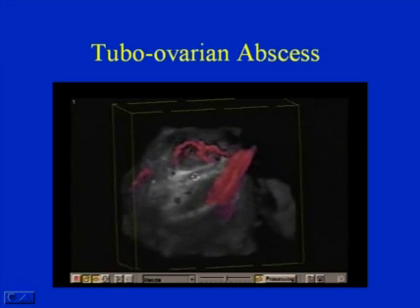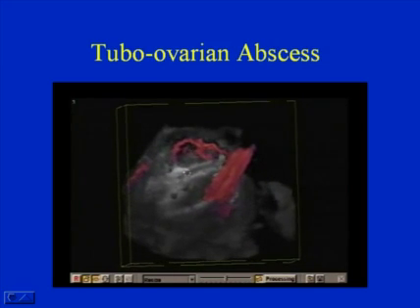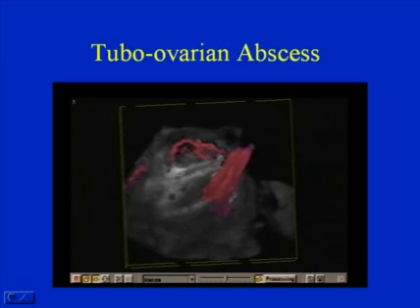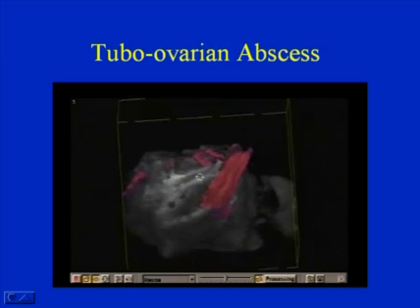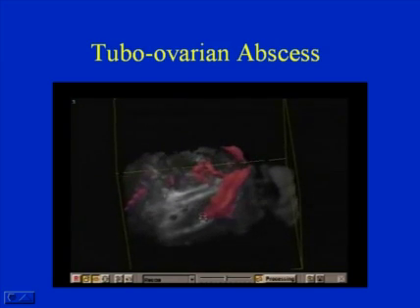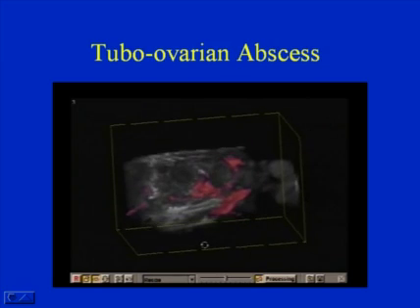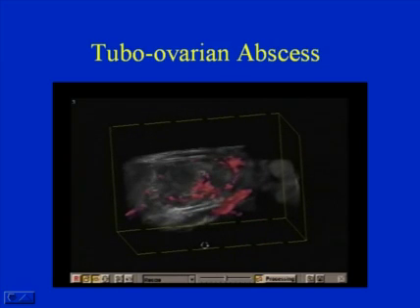Here's the large ovarian mass with the central vessels feeding the walls of several small locules. And by sculpting and doing so-called electronic bloodless surgery, we can see inside the lesion. So we took the top off and are now looking down into the lesion. We can see the locules that are present inside the lesion, and these would contain